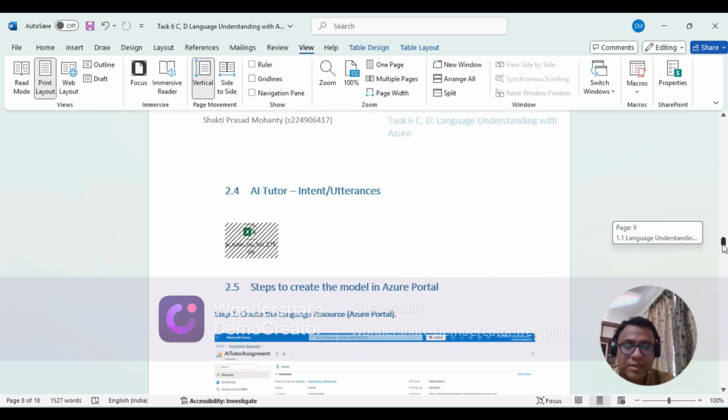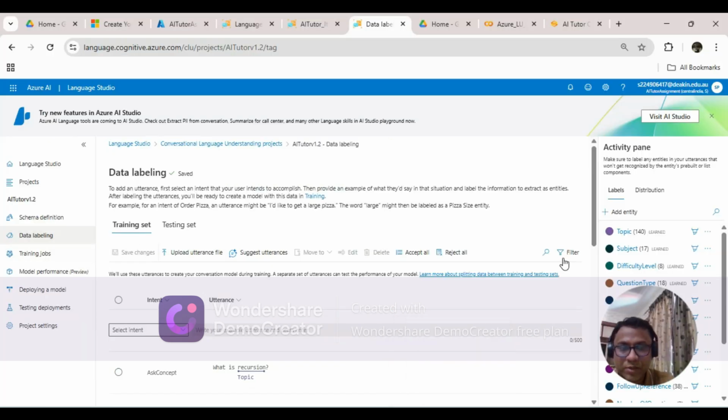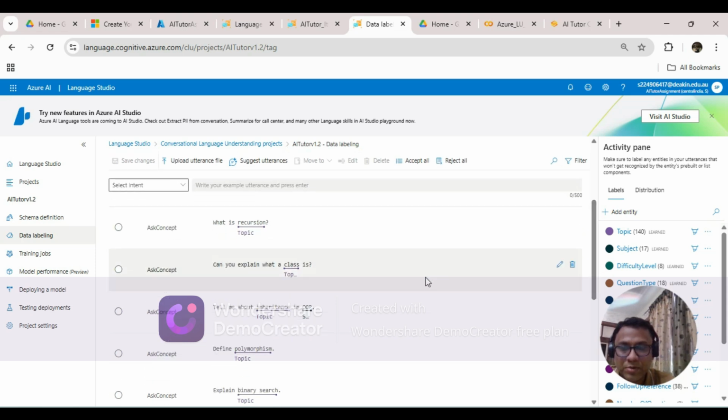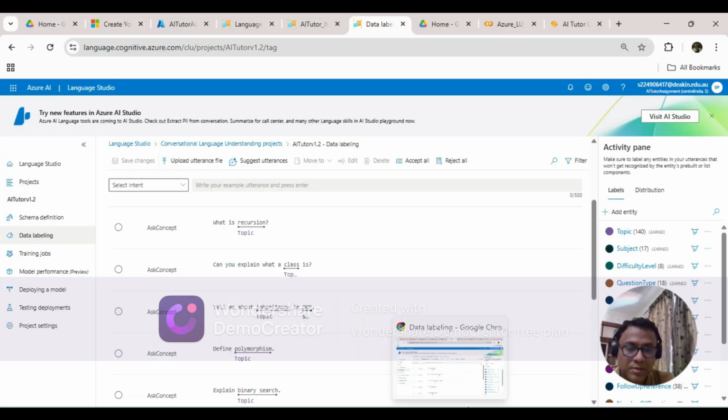Now, once the entities and intents are designed, we also need to give input related to the utterances. So these are the utterances basically. All the utterances we are giving need to be classified to different intents and entities as well, which will be used to train the model. Now, in order to do that, what I've done is